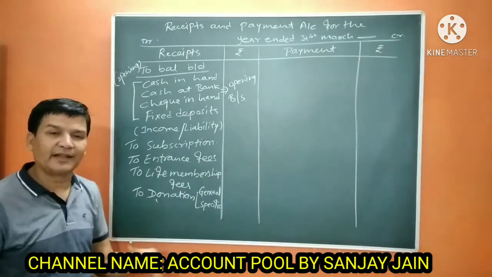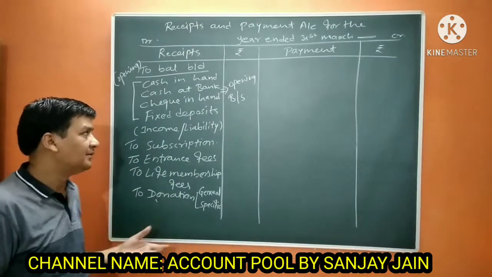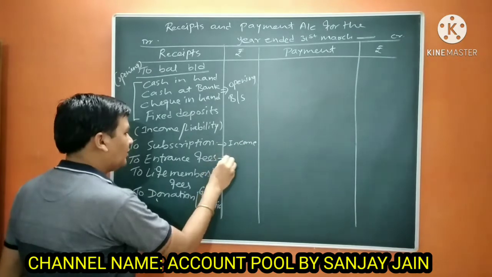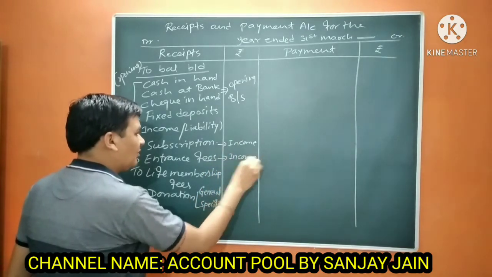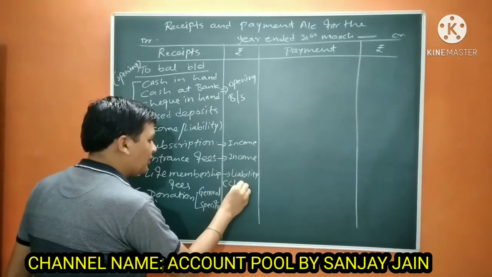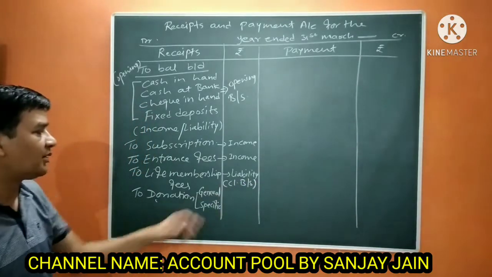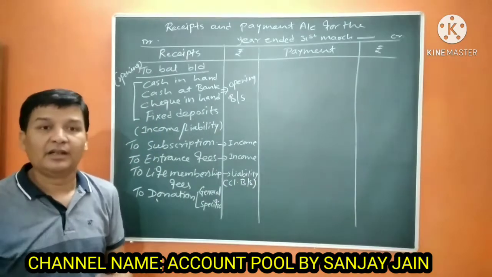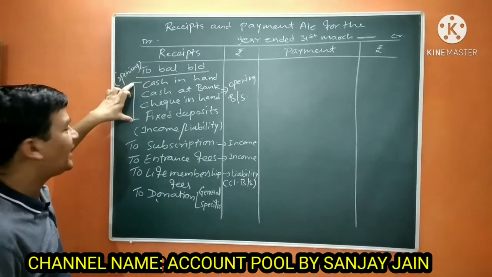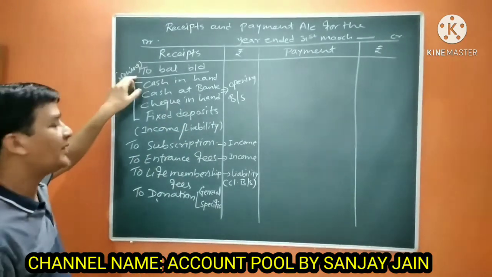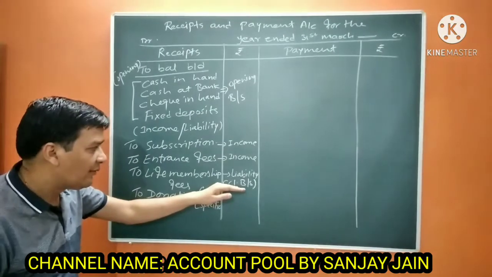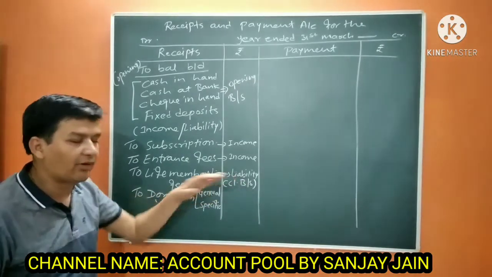Okay, like interest on investment and so on, are regular incomes we are having here. So you should remember, this is our income. This is also our income. This is our liability. And this is going to be in the closing balance sheet. You should remember, this is going to be in the closing balance sheet because it is received in the current year. We are not receiving this, this is opening balance, already received. That's why it is of opening balance. But this amount we are receiving in the current year, that's why it will be recorded. If any liability, it is going to be recorded in the closing balance sheet.